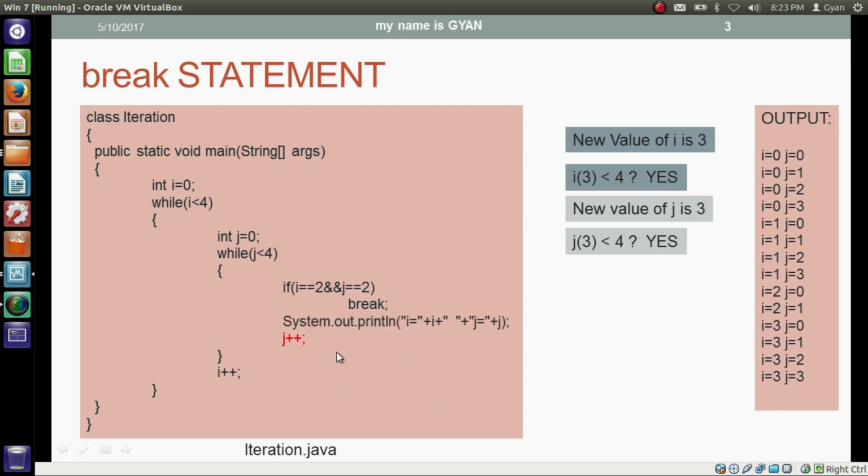After that we need to increase the value of j by 1. Now the value of j becomes 4. We need to check again if the current value of j is less than 4. If the current value of j, which is 4, is less than 4, the answer is no. 4 is not less than 4. So this is how the inner while loop comes to an end and the control goes to the next statement